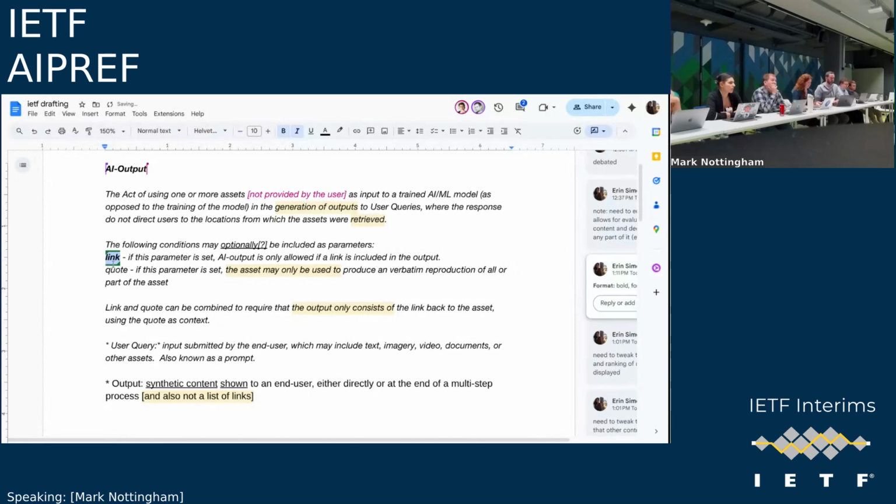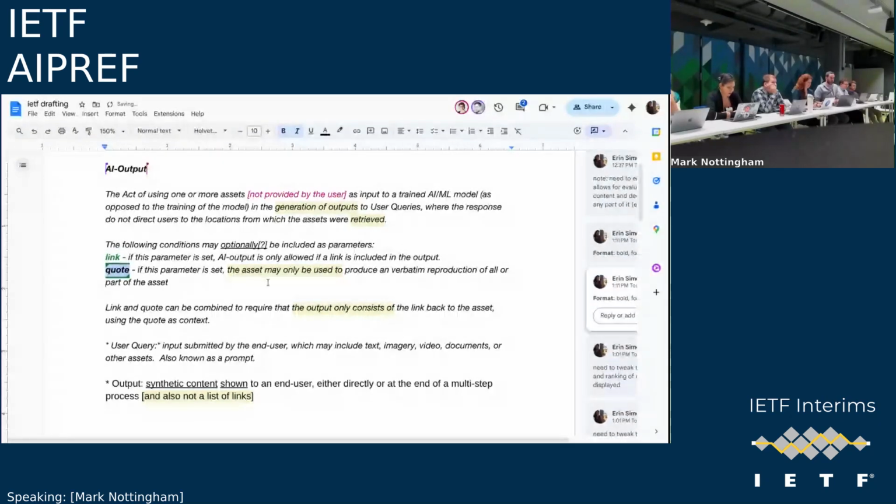You can combine the link requirement and the quote requirement. If you set both, the output has to consist of only the text specified as the quote and the link. In other words, traditional search where you just show the snippet and the link back.